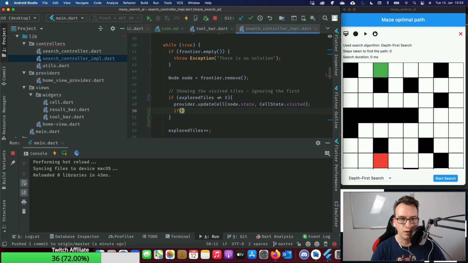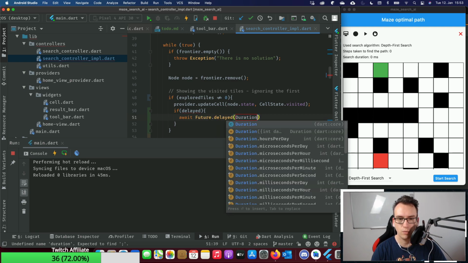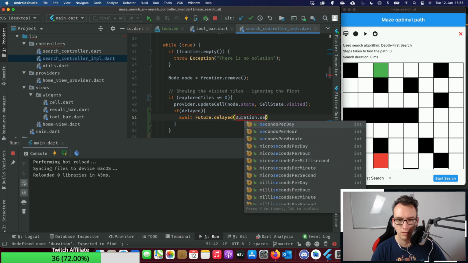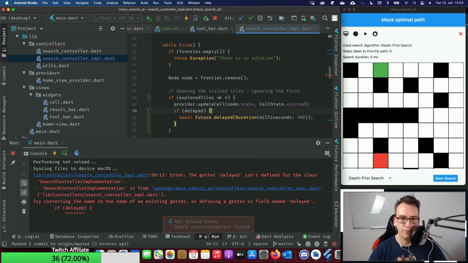So if delayed, then we want to say await Future.delayed for Duration, seconds 1. Or maybe make it milliseconds and then 500. I think that's a fair amount.